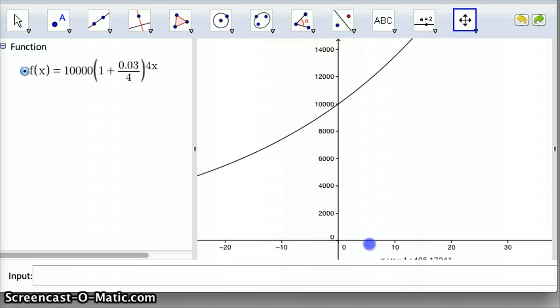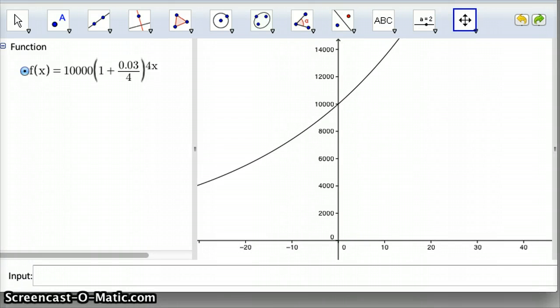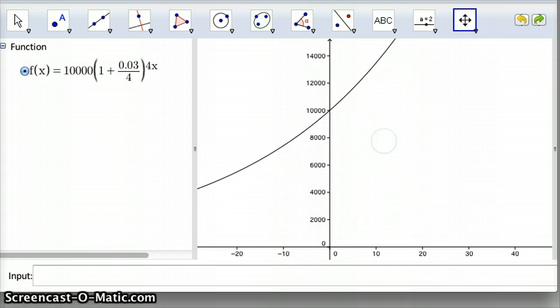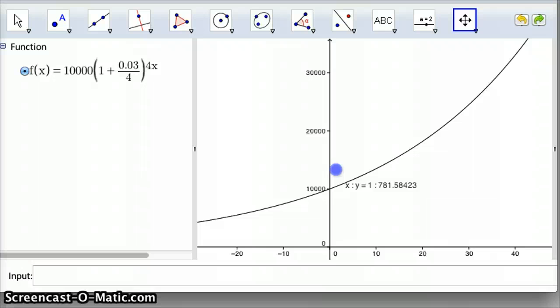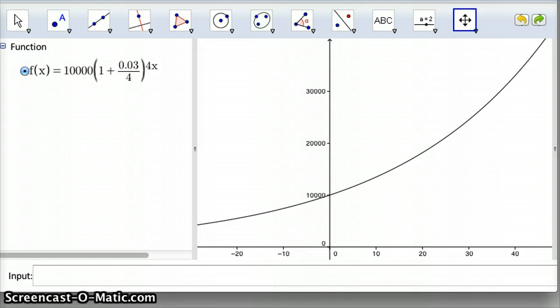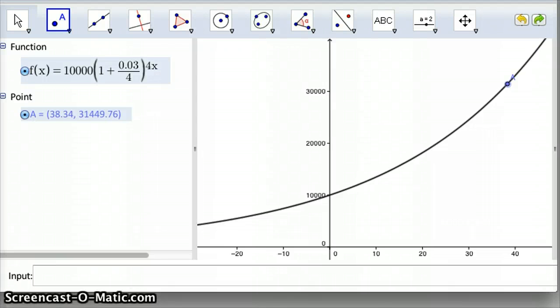But we'll drag that thing in to maybe look at a lifetime's worth of data. Whoops. So there we go. By the time I'm 40 years old, if I got this when I was born, I'll swing it up here to 40. You can kind of see how it grows, and it still doesn't look very exponential. So when I was 38 years old, the thing's worth $31,449, which is my age currently. Well, I guess I'm 39. Probably 0.04 is pretty close. So at 39 years, right now that $10,000 that Grandma gave me has tripled,